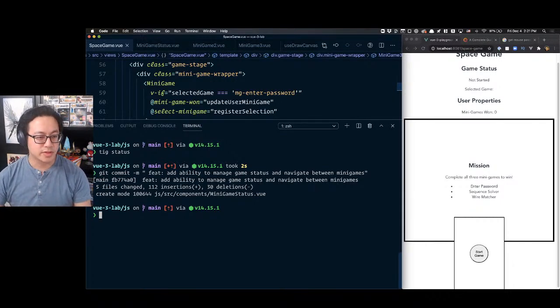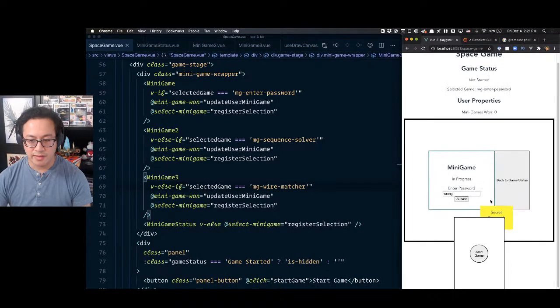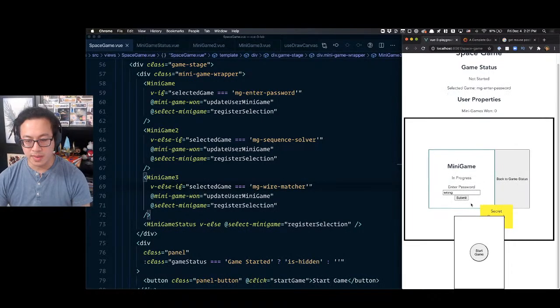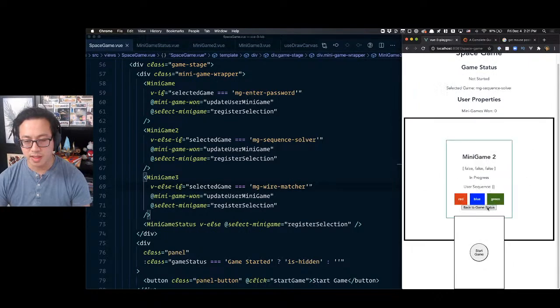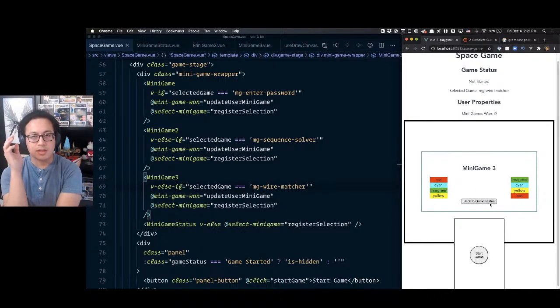Okay, so for those who've joined a little bit later, basically what we've done is we have gone through and we have a point where we can navigate basically between. That is weird. I think it's just a CSS thing. I'm not gonna lie. We can go through here and figure out what's going on. Great, wire matcher. So the SVG at this point is not working just because it is requiring us to figure